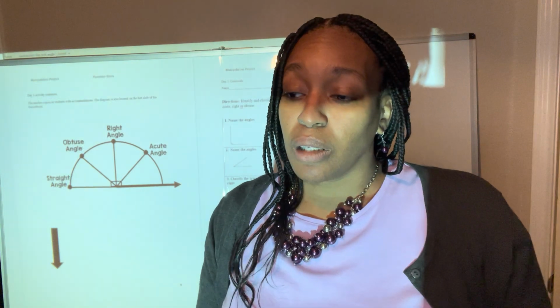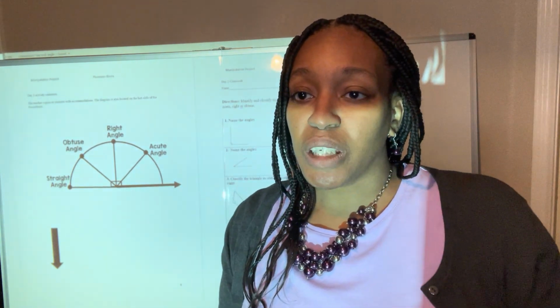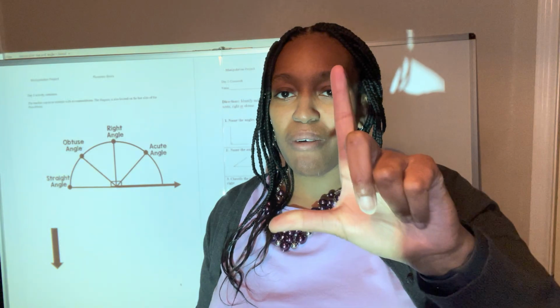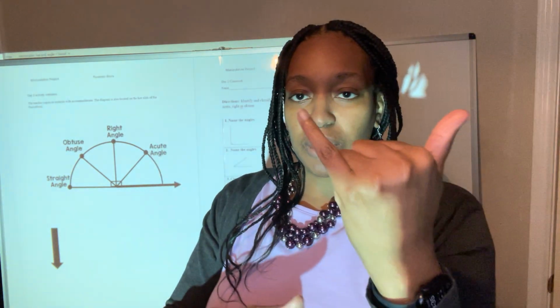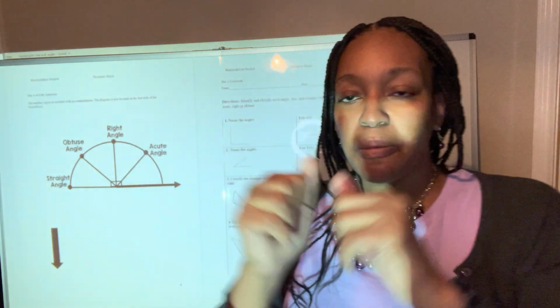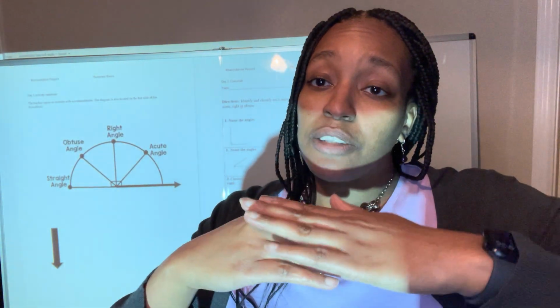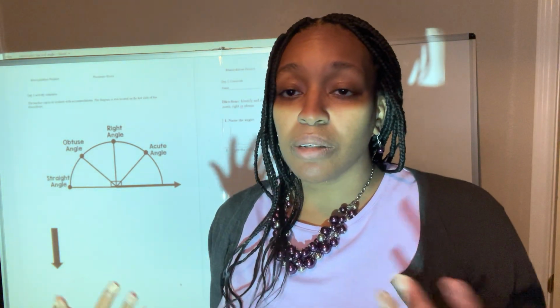So again, let's warm up our hands. Let's do it as a class. The first one is our acute angle. Very good. The next one will be our right angle. Very good. The next one will be our obtuse. You can do it on both hands or one hand. And our straight. Those are the four main types of angles that you will see throughout our entire